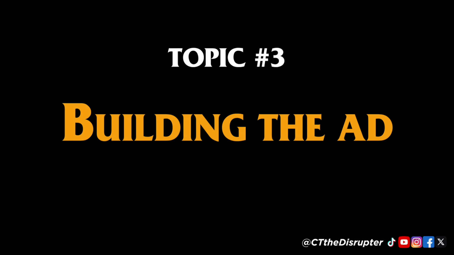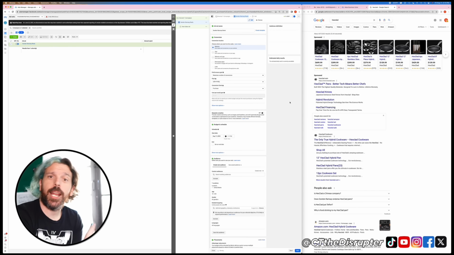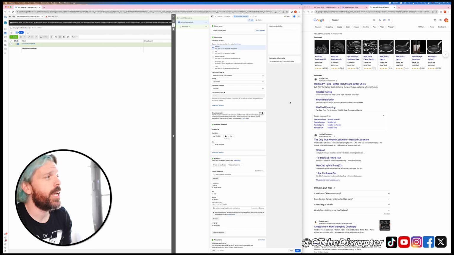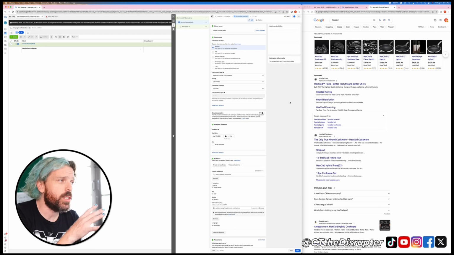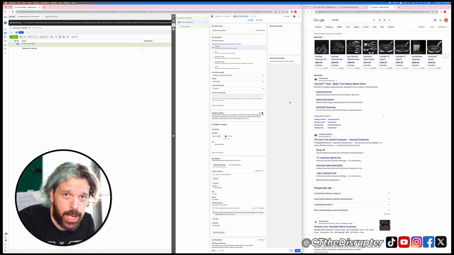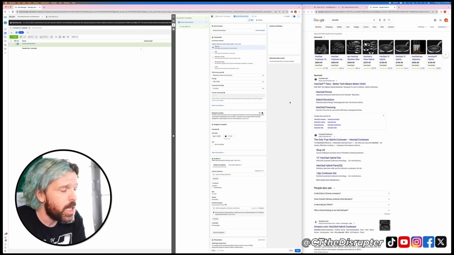So let's get to actually building the ad, because that's probably my favorite part. So we're going to set up a brand new ad set here inside of our one campaign for HexClad. And what we're going to do is make it a manual sales campaign because we don't want to use Advantage Plus because we want to actually make money. And we're going to name this Gordon Ramsay Reels